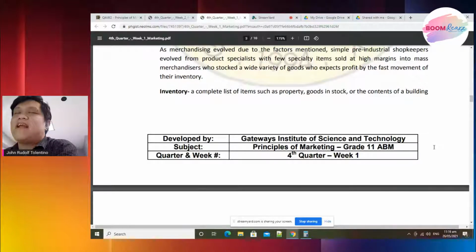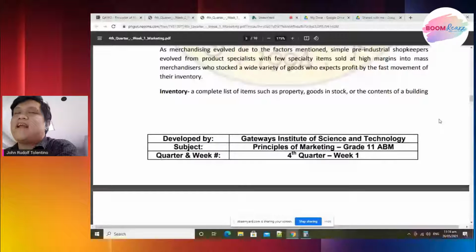Kasi sa operation, may nakukonsume tayo, sa operation may nadedepreciate na mga product. Okay, so syempre pag may nakukonsume, may nadedepreciate, kailangan mag-replenish. Kaya laging kasama ng inventory yung requisition form or requisition. Unless kapag yung inventory is stagnant, naka-stock lang siya, yung hindi ginagamit. Like for example, mga displays, mga ganyan,